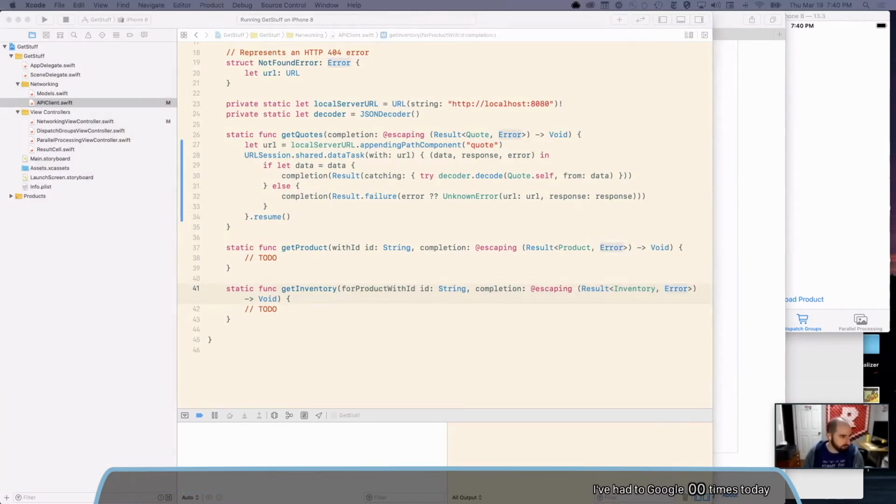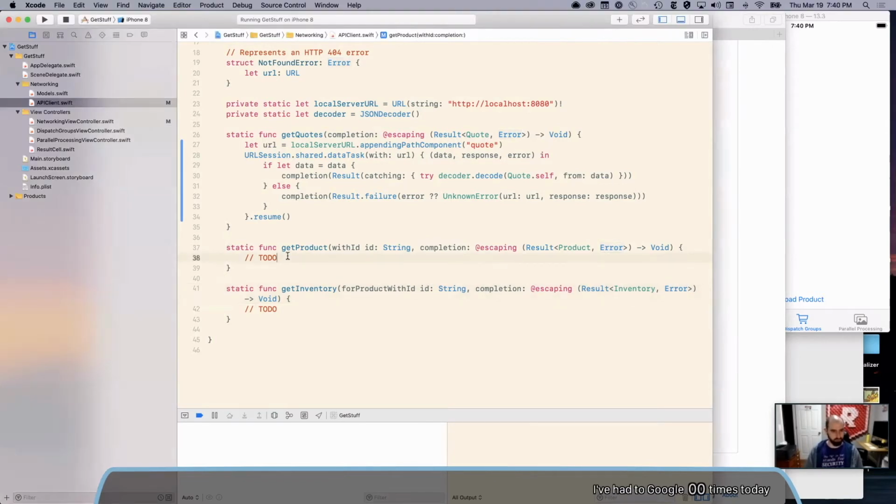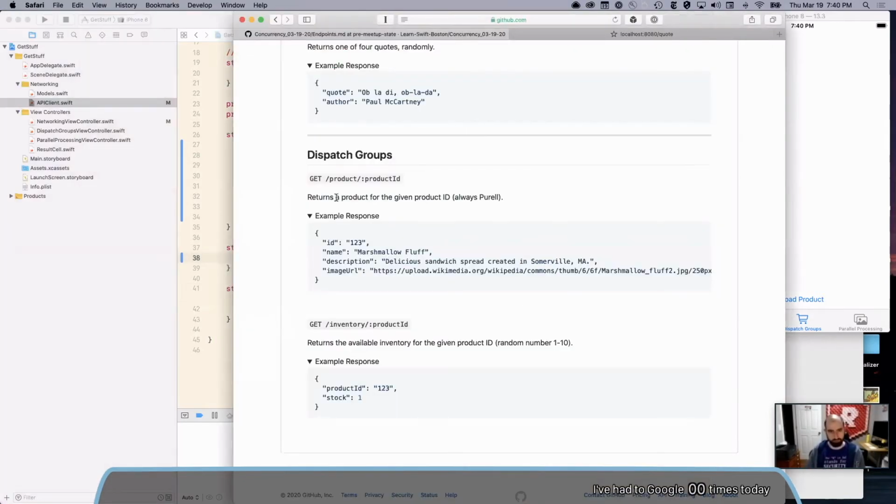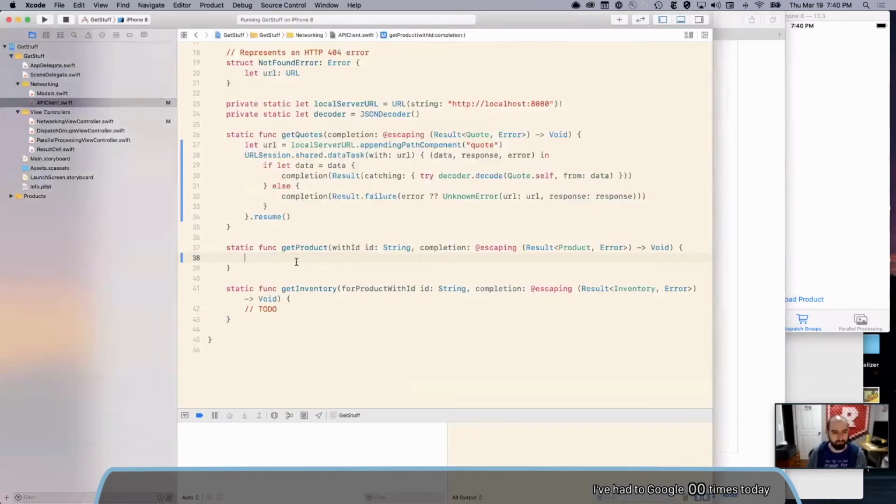It's going to be pretty similar to what we did before, a little bit more complex to construct the URL. So just as a refresher, this one is /product/ and then the actual product ID that we want. Although in the testing server, I think we just always return the same, but that's fine. Yeah, it will always return whatever product ID you pass in. Okay, great. So a little bit of hand waving here, but that's okay. It's not a workshop about API design, but please don't design your APIs like this. Unless you have to, there's reasons.